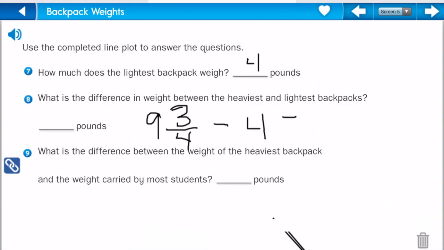Okay, so if I look here, I'm just going to subtract my whole numbers first, and I get 5, and then I'll just leave the 3/4 the way it is. So the difference would be 5 and 3/4. Okay, what is the difference between the weight of the heaviest backpack